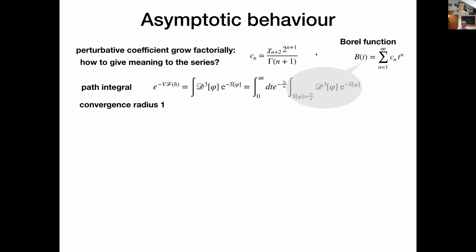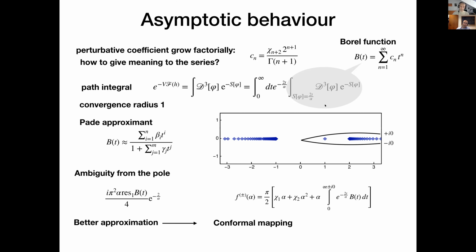Yeah. Okay. Maybe we can say we go to the Borel plane. I can give another argument. So we know how this chi coefficient grows, like factorial. So if we define this C_n and define this Borel function B(t) as C_n times t to the n, then this function will have convergence radius 1. So this means it will have a nice analytic structure on this t plane, which I call the Borel plane.